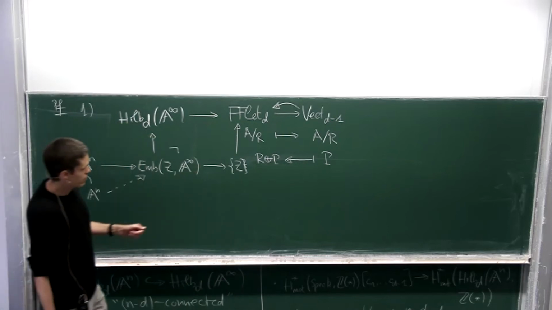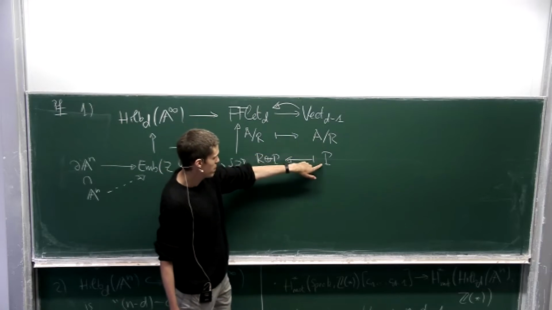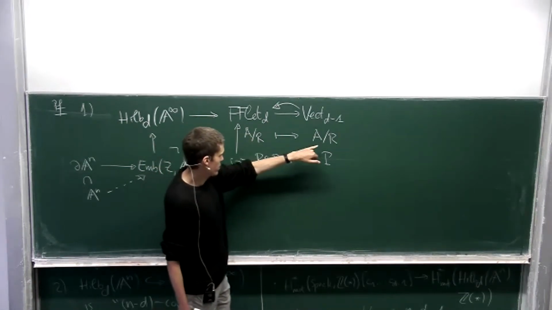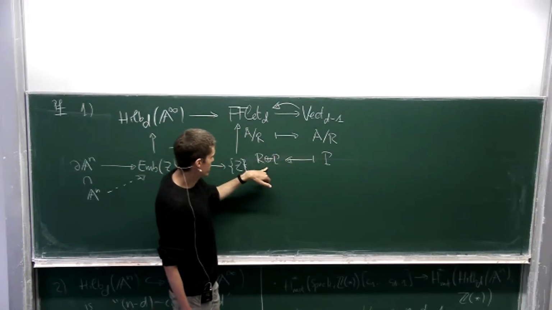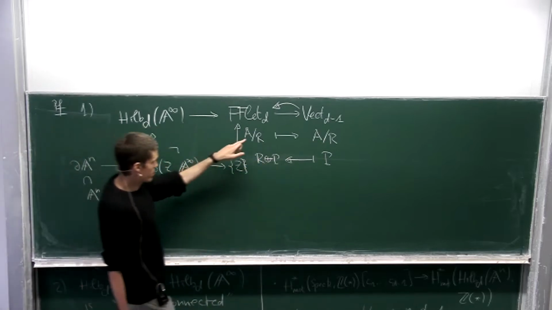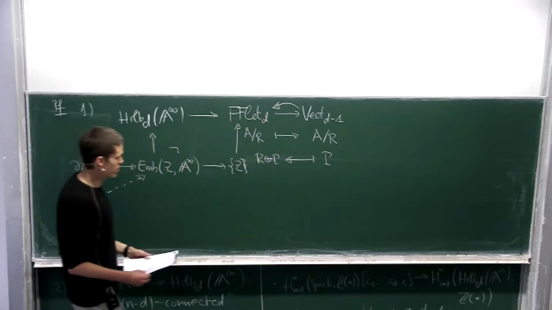And of course, if I start with P, I take this square zero extension and then take this quotient, I get P back. But in the other direction, this is not the case. If I start with an algebra, I just forget some of the algebra structure, take this quotient, take the square zero extension. Well, I get a completely different algebra. But the point is this composition is still going to be A1 homotopic to the identity. And the way this works is